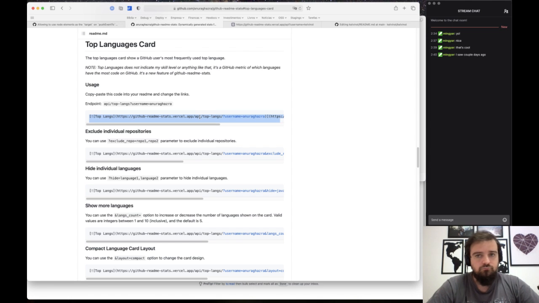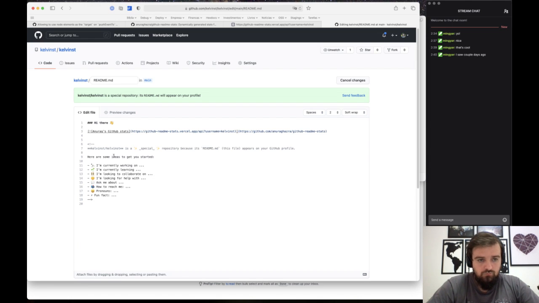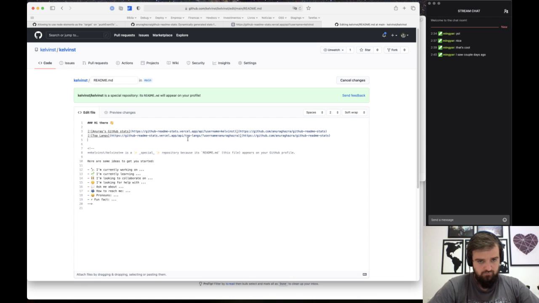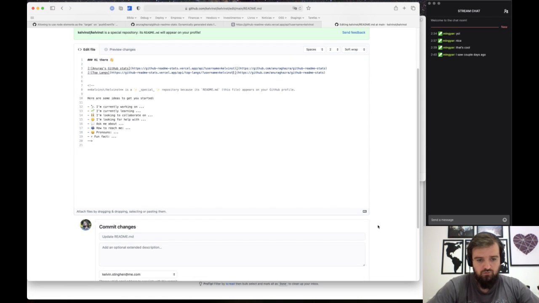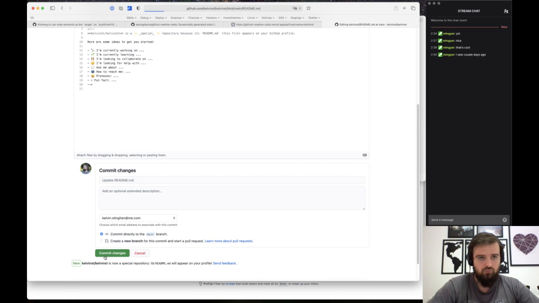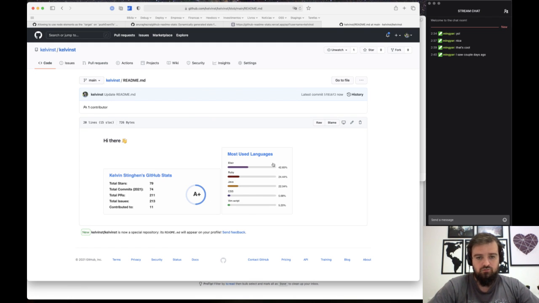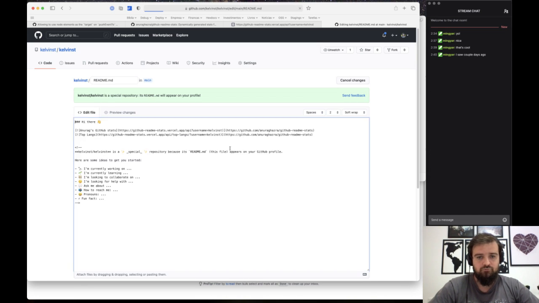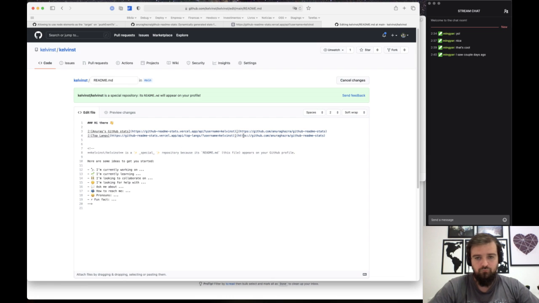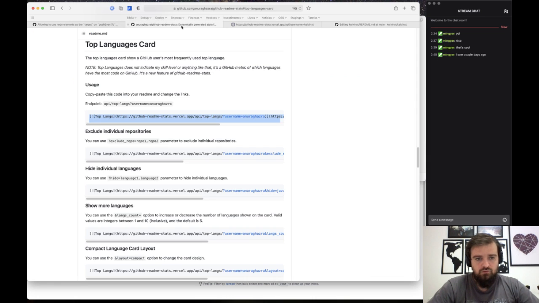I want this one too. So let me place it in here. And the nice thing is that I just have to hit save in here, right? I just have to commit the changes, and I actually am going to see the stats cards there already, right? So pretty cool. The top links there, I want it to be a little bit